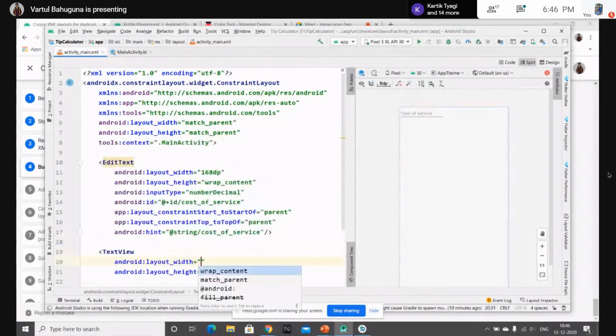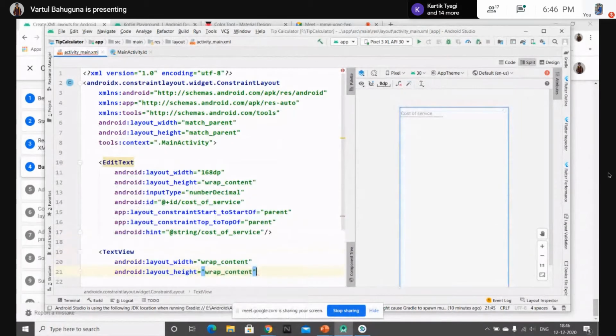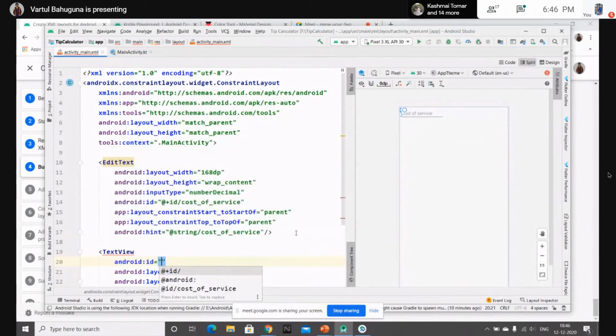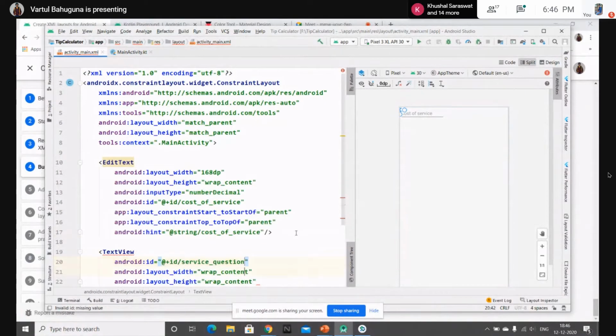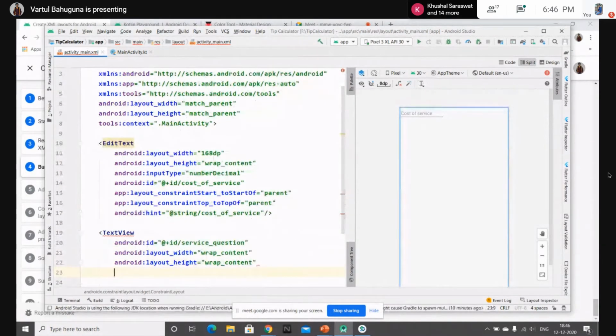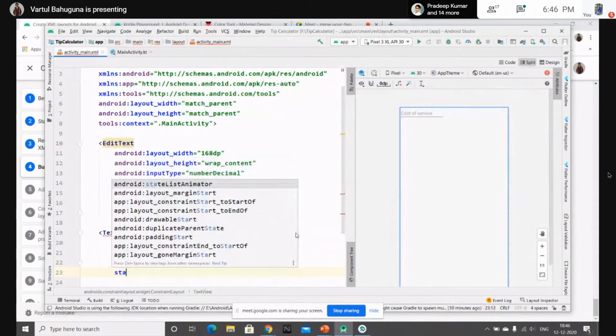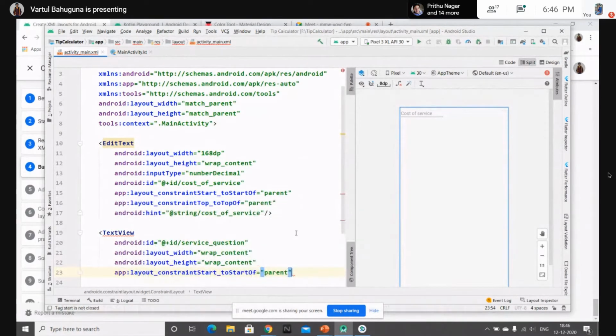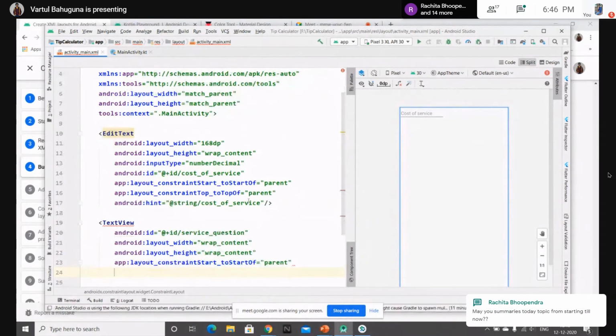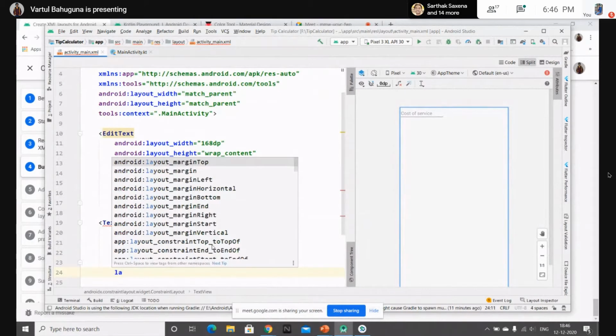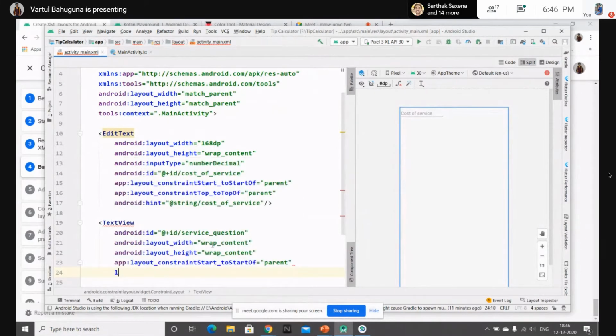So let's write in the text view, wrap content. Let's give it the ID as mentioned. Okay, now let's put the constraint. The start was from the start of parent, and to make it appear under this edit text, let's set the top constraint to the bottom of this.